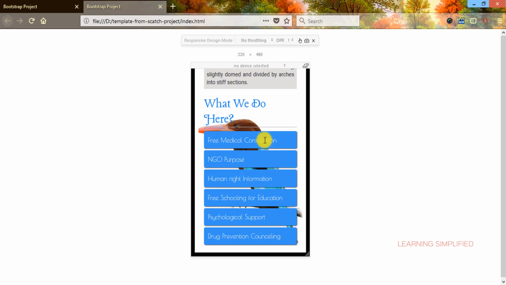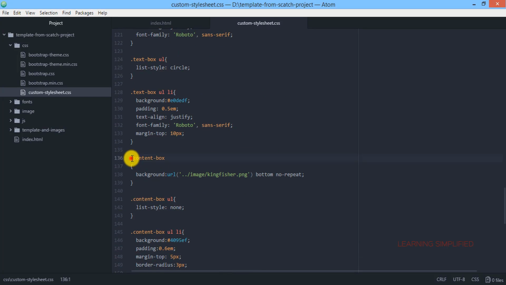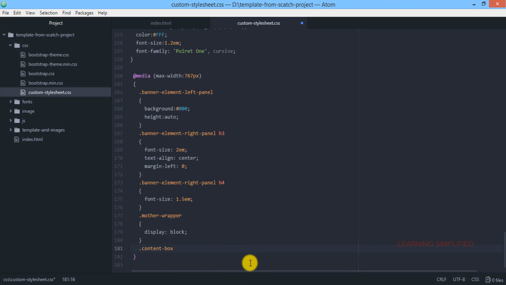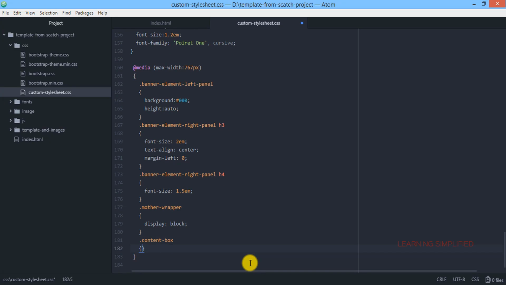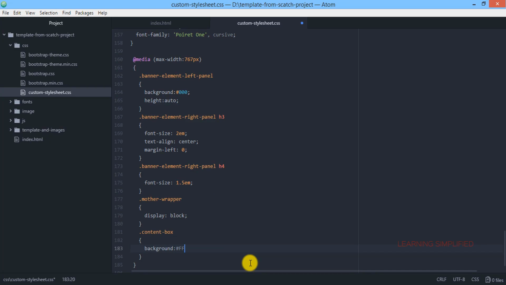And another thing, under this resolution, we do not wish to have any kind of background image in our web page. So that is why at the same time we will be copying this content box, and we will be pasting it over here, and here we will be mentioning this background color as this one.